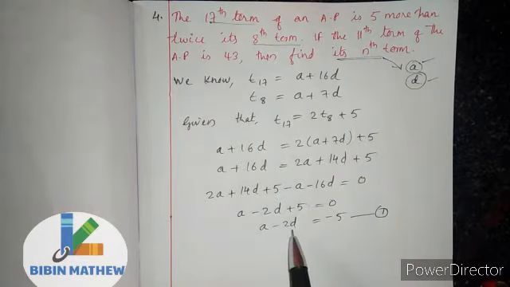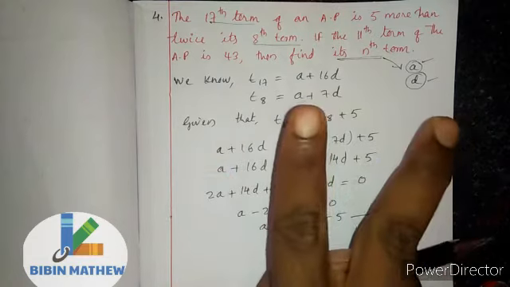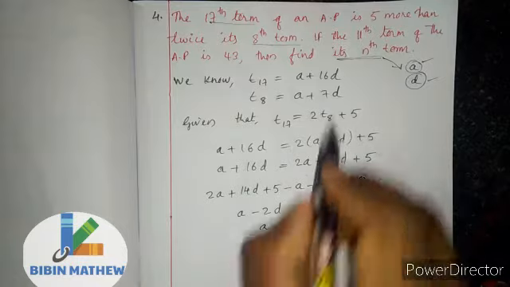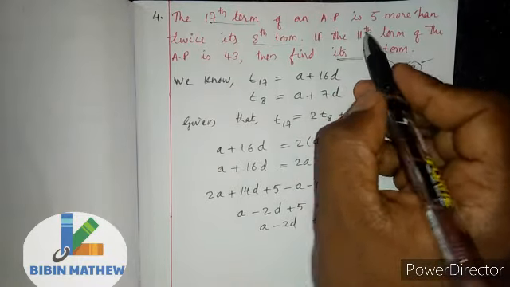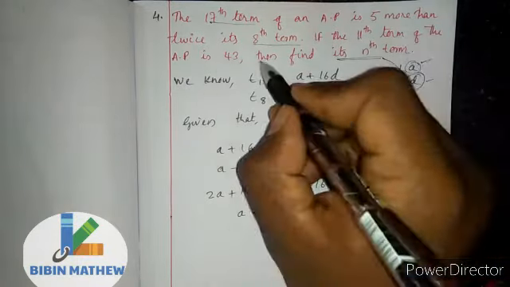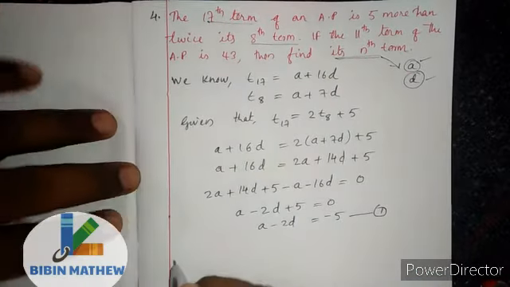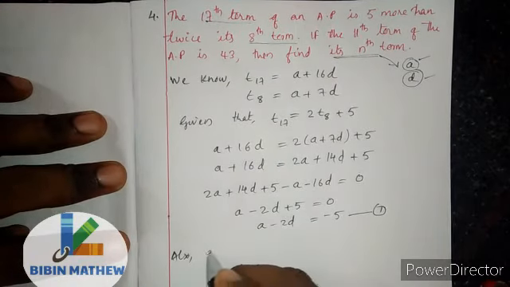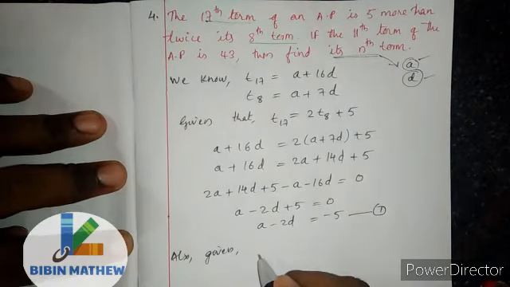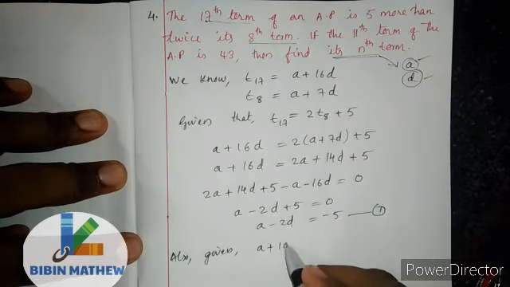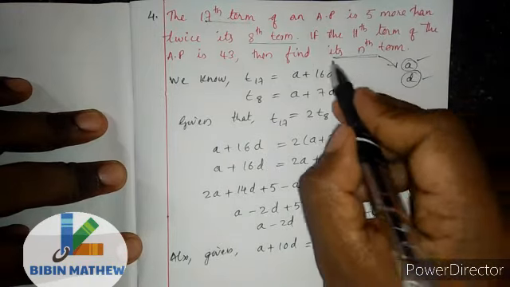A का वैल्यू आप नहीं जानता है, D का वैल्यू भी नहीं जानता है, दो unknowns हैं. If there are two unknown variables, if you want to simplify this one, you must get at least two equations. So if you want two equations, from the first statement we got one equation. Let us go to the second statement. We will get the second equation. What is given here? 11th term of an AP is 43. So what can we write again? Also given 11th term. So we can say A plus 10D. A plus 10D is equal to how much?